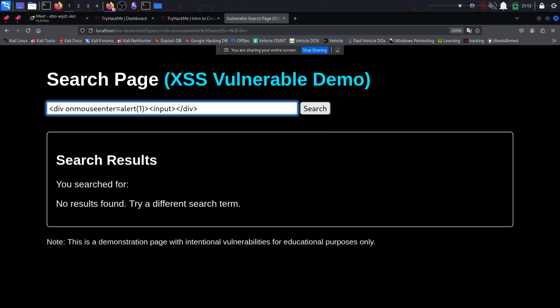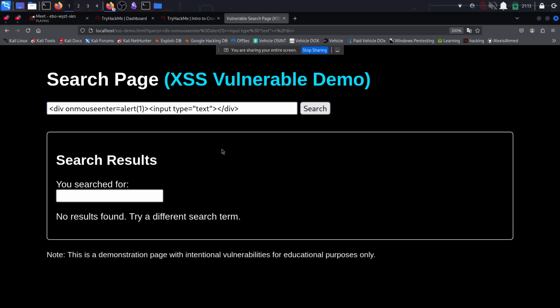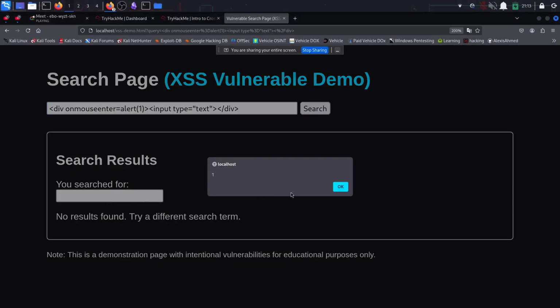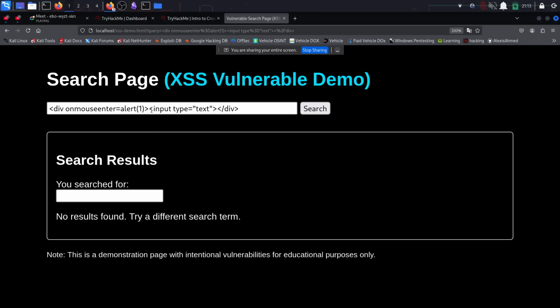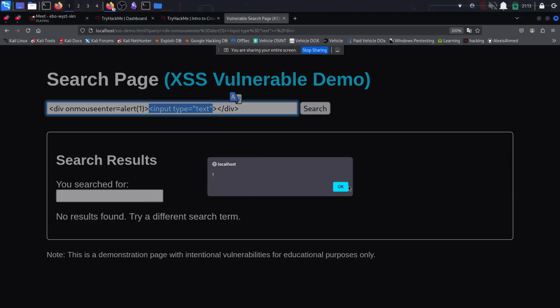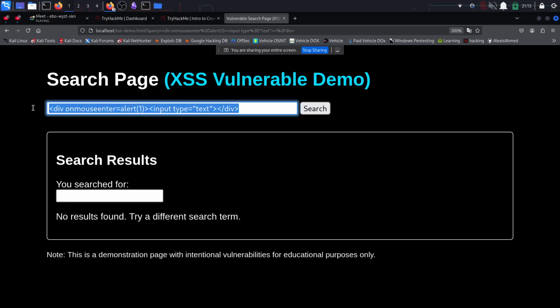Let me input. Now, as you can see, once I provided an input tag inside a div, and once I came in the range of the input text box, the payload got triggered. Okay,